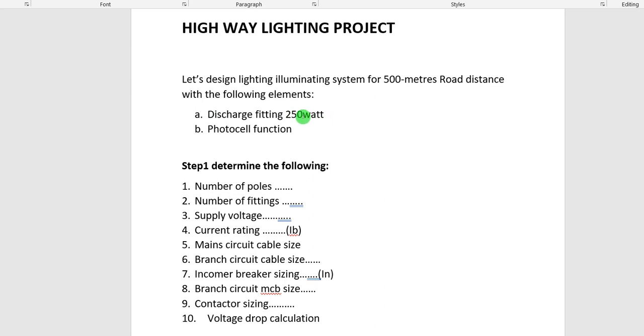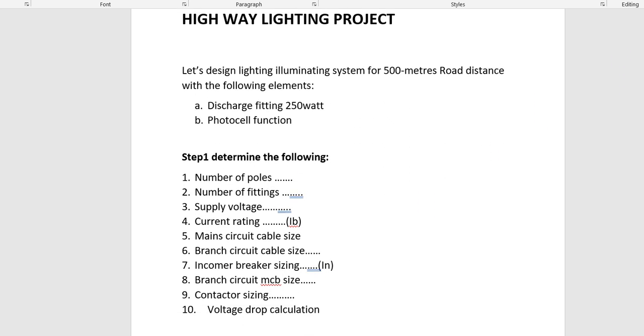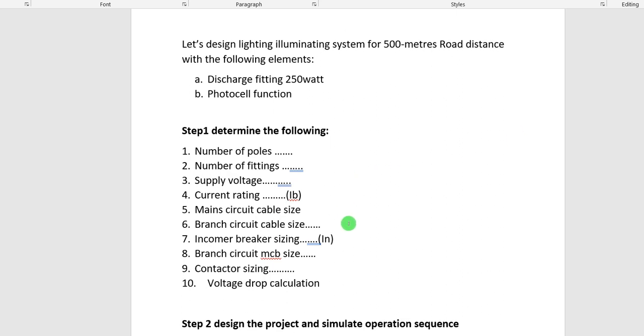But the disadvantage is that the energy consumption is high. We're going to use it for our basic design. We're also going to incorporate a photo cell so that at night the light comes on, then in the morning, depending on your setting, after 6 or 7, the light will go off. Now we are going to go through a small calculation, our process of a basic design concept.